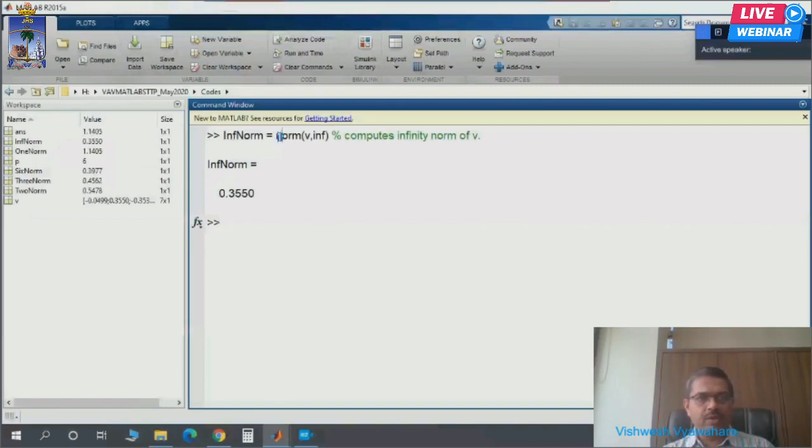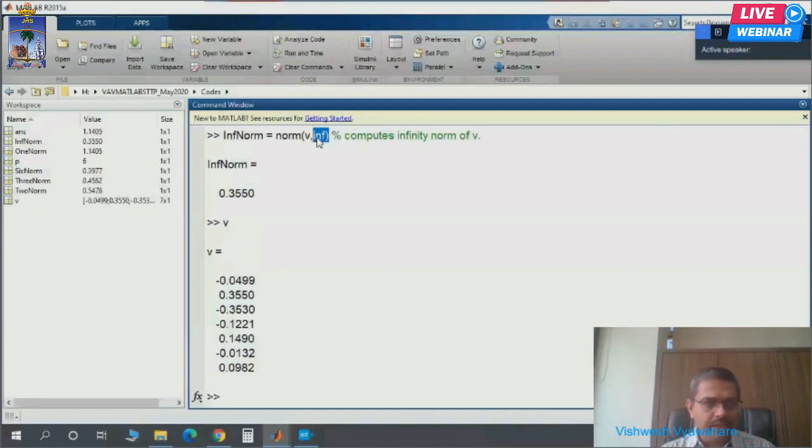So the INF norm, norm of this V, is the infinity norm. This infinity norm is nothing but the highest of the modulus of the elements of V. This is the highest, 3550.